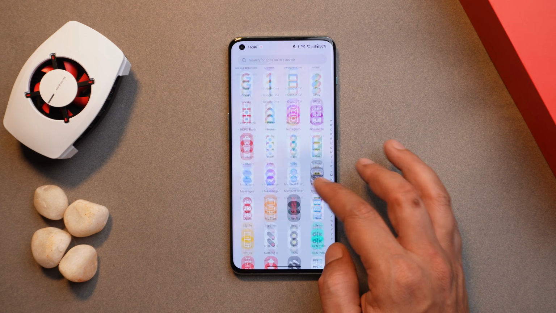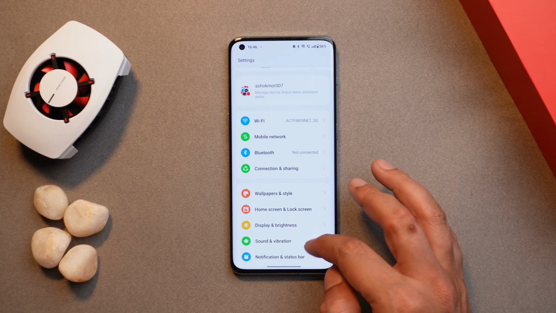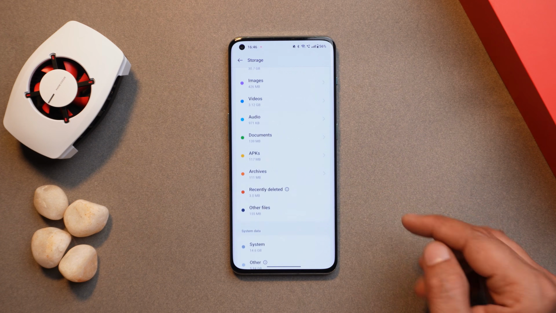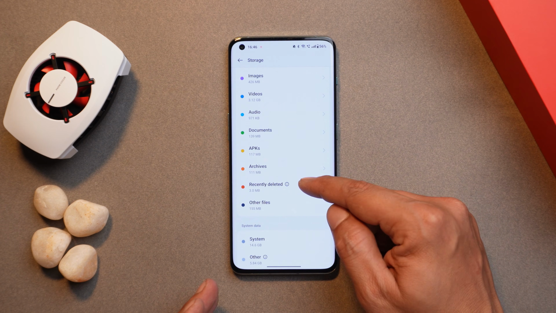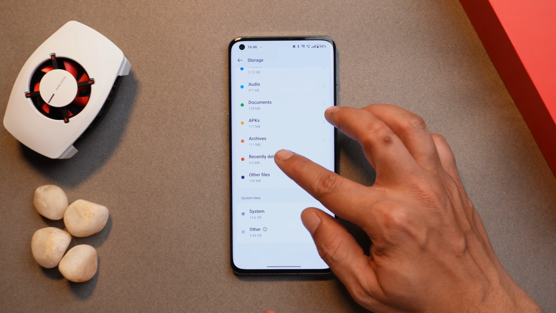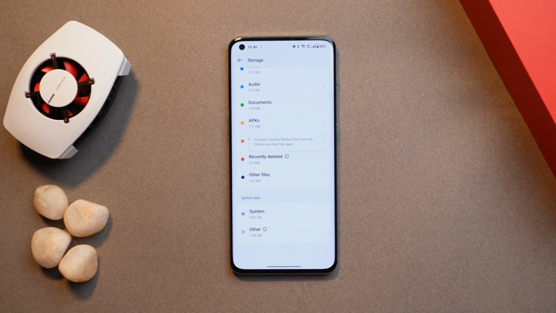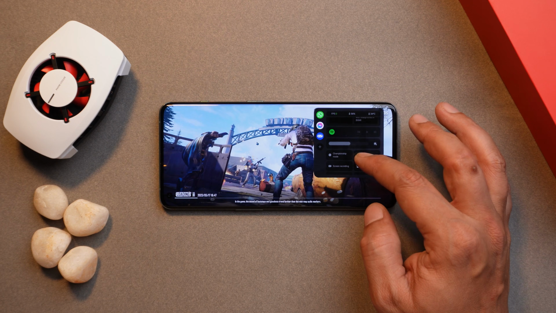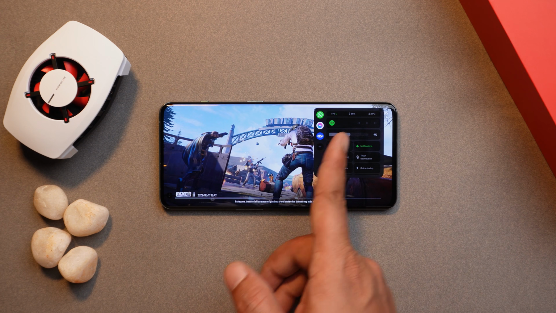Talking about the next change, so next minor change you guys will notice under about section. If you go to storage, now there are two new tabs called recently deleted and others. I think it was available on some or the other build, I don't remember, but recently deleted option have been added with OxygenOS 13.1. And the last feature what they have added with OxygenOS 13.1 is this new champion mode,